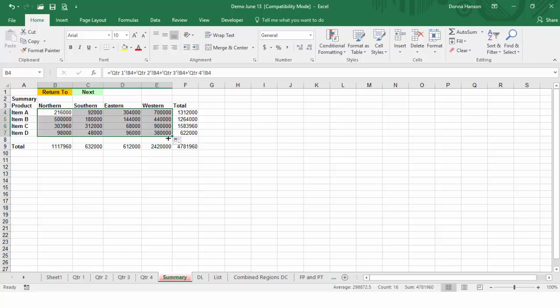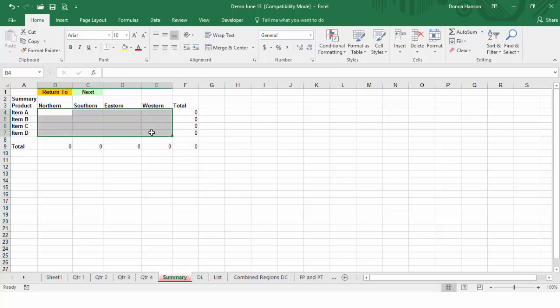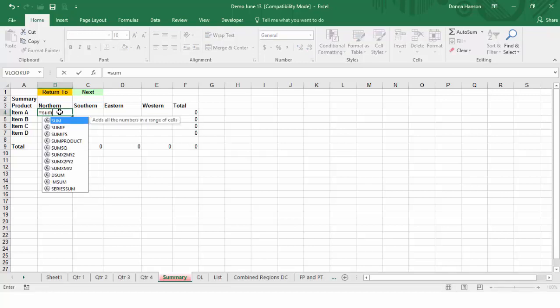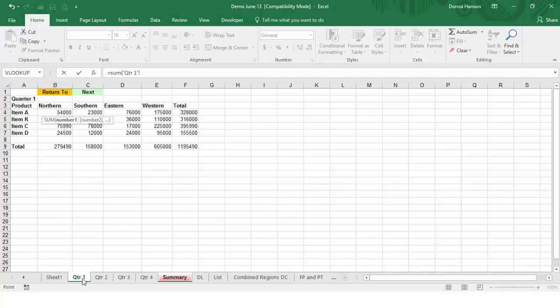So here's a faster way. I'm just going to press delete to get rid of the data and click on the cell where I want the answer to go. And I'm going to type in equals sum. That tells Excel to add stuff up. Open a set of brackets. I'm going to click on quarter 1 and hold down the shift key on the keyboard and